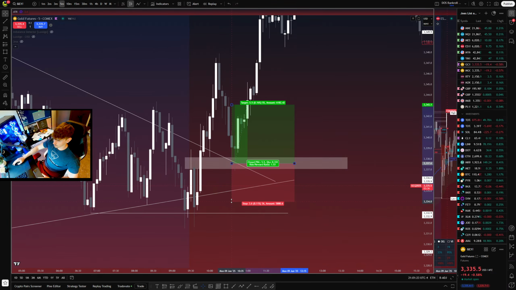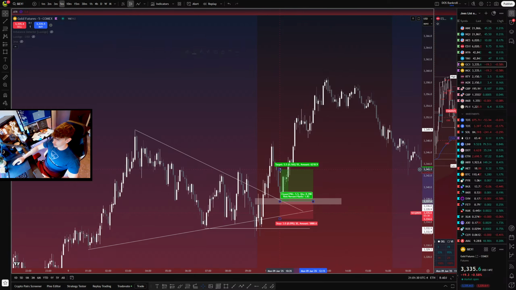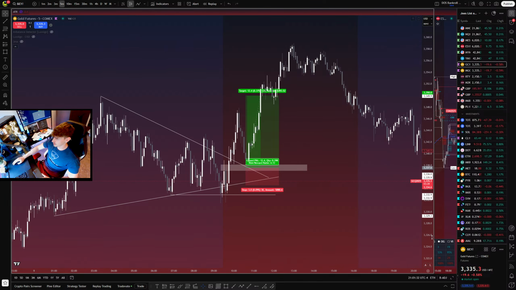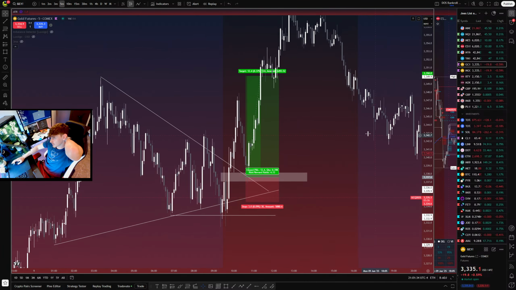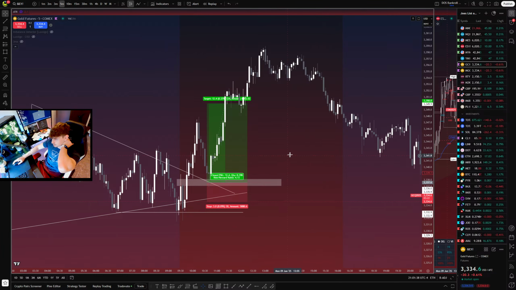Stops below, for me, the trend line. I like to come in here and hope there's another manipulation. It just helps that RR a little bit more. Targeting probably these external highs. And there's your trade. It's a 1 to 4. Works out perfectly. A little bit easier to spot, obviously, when you can see all the price, but just another way to find the manipulation for this morning, right?